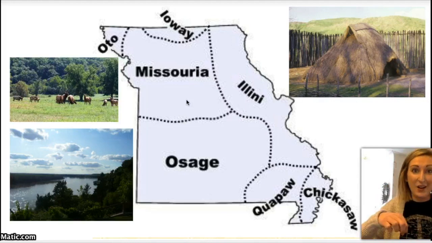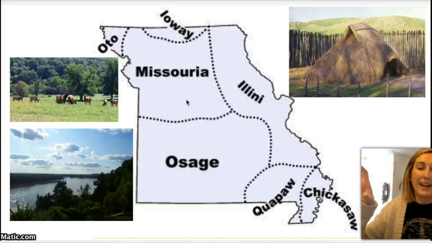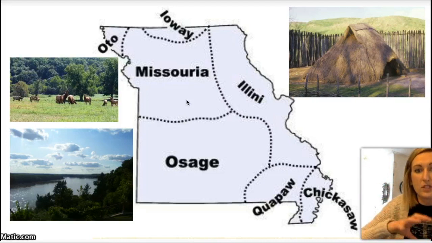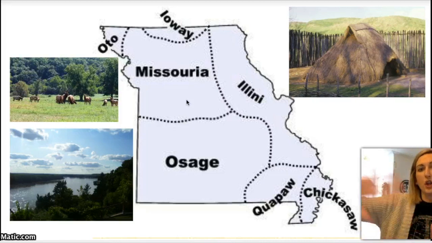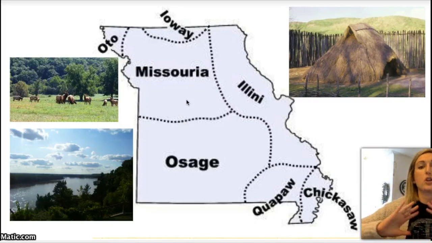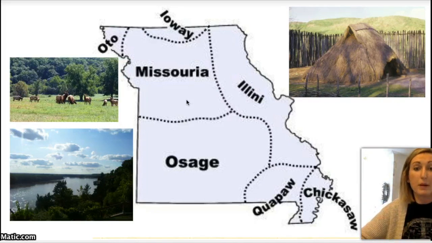My house where I live was actually part Osage land and part Miami land. Now Miami was a tribe that went from Missouri all the way over to Illinois, and Osage is a huge tribe through the Great Plains region. So I thought that was pretty fascinating. So check out that app and see where maybe your house is located.